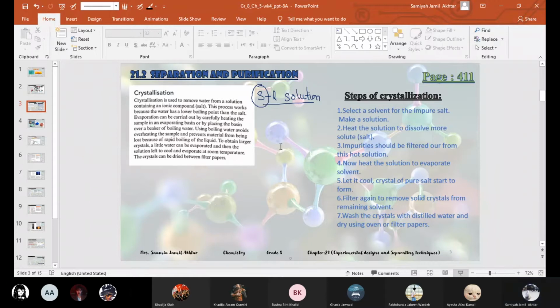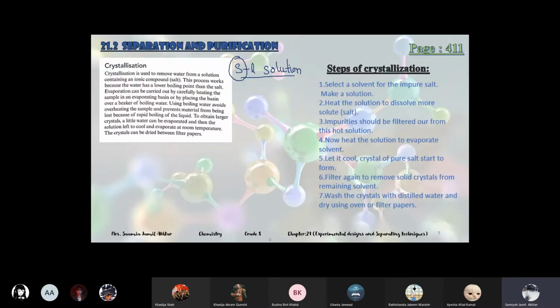Crystallization. Okay, in blue. I was telling you about mixture and solution.